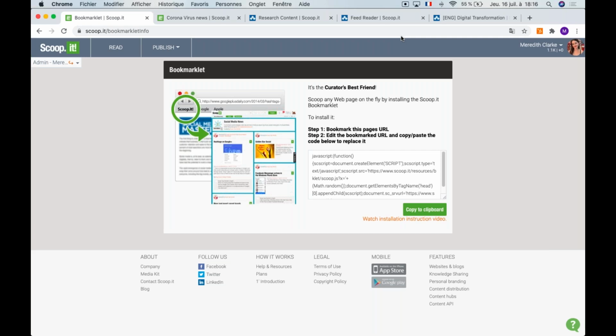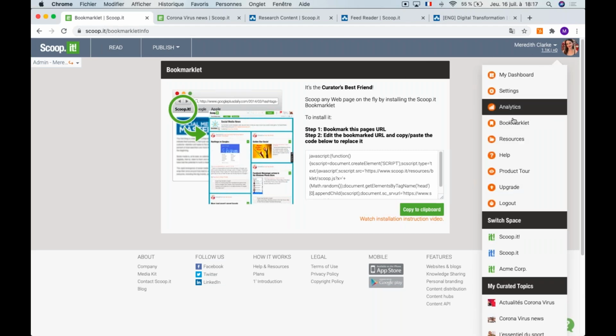And once it's published, you can go right back to reading without having to change page, which is a huge time saver. And the installation is very quick and easy. You have a video here explaining step by step how to do it, but otherwise it's just a quick drag and drop and a copy and paste of this code here, and then you're good to go.